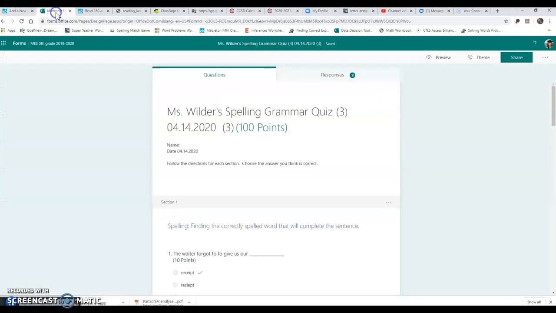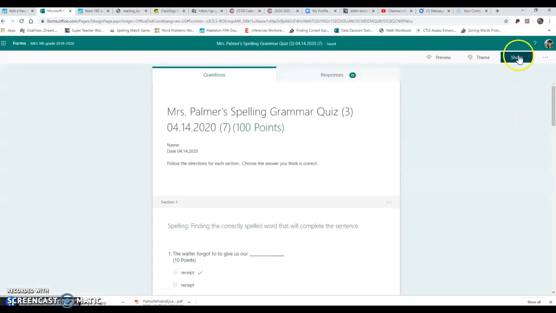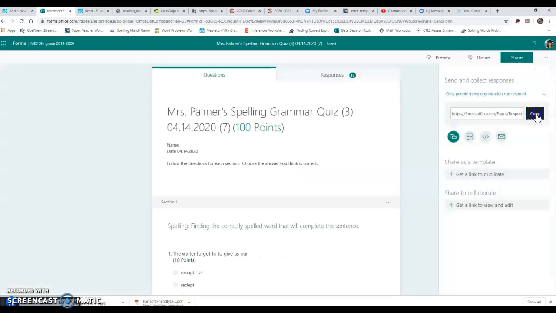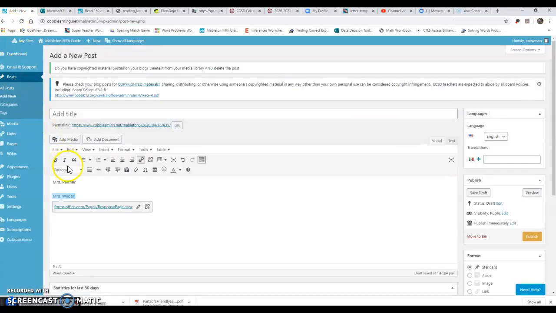So now I can go back to the forms. I can go find Mrs. Palmer's, wherever it went. I'll go to the share button, copy the URL, go back to the blog, highlight Miss Palmer, click the link, and paste in the URL for her specific